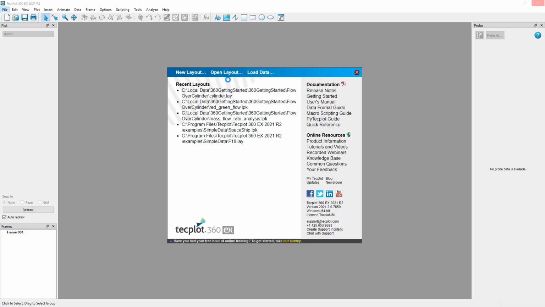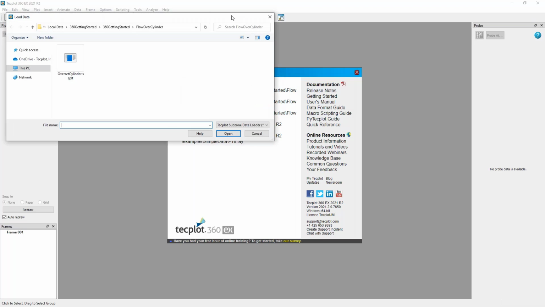So the welcome screen has shortcuts to everything that can be useful for bringing in our data set, but it's also repeated in the File drop-down menu and then saved elsewhere in our installation of Tecplot 360. All right, so I brought up the Load Data dialog. I've already navigated to where the data file is saved. And what I'm going to use is the overset